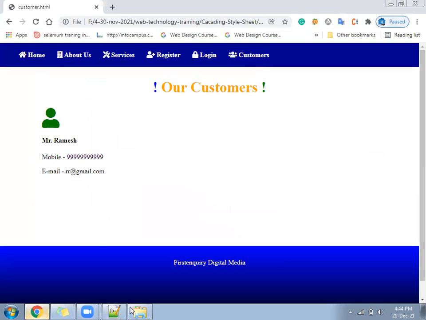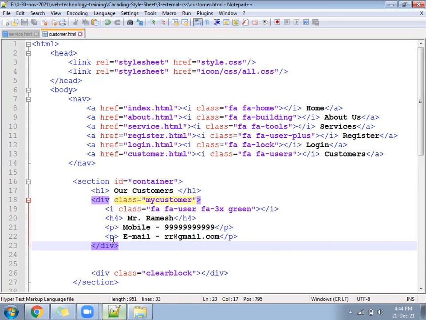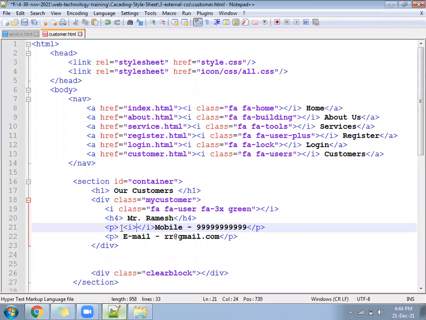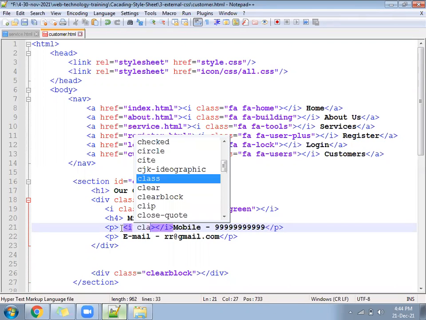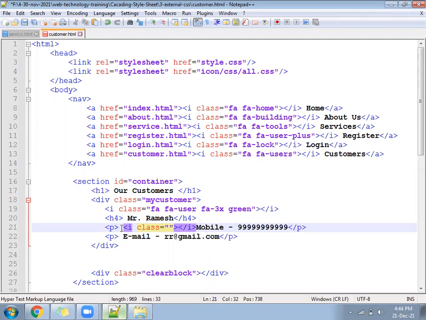One customer came in the left side, green color. Mobile and email should have a check symbol. I class equal to fa icon check. Here also give fa icon check.